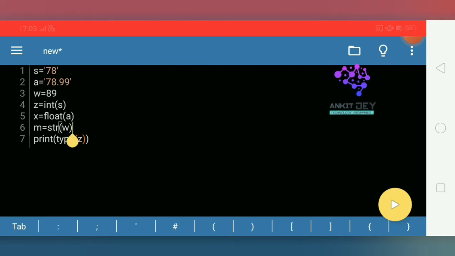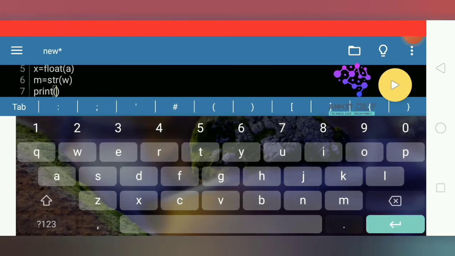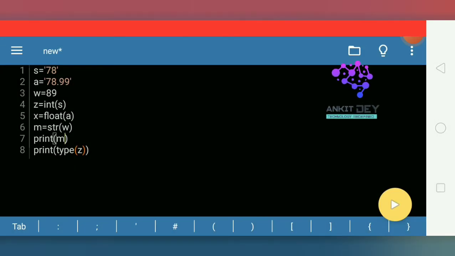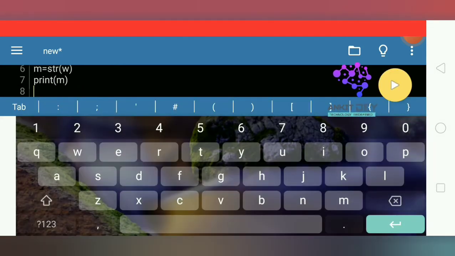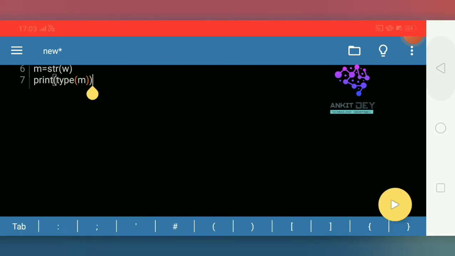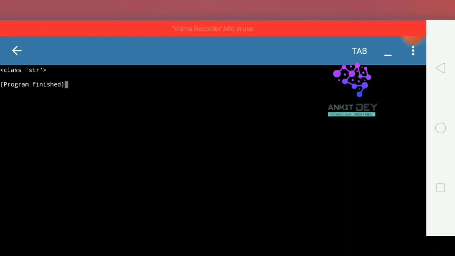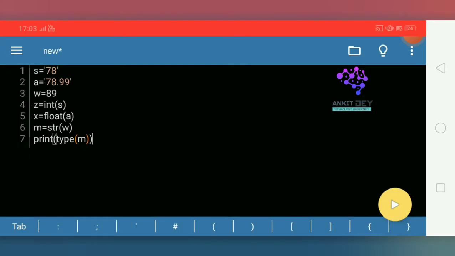Now m equals str of w, and if I then print m, see it will give 89 basically, no problems detected. But if I print the type of m, wait, let me remove this one, otherwise you might face a confusion. If I print type of m, see I have written type of m, and if I print it, see it's signifying class string. That means this value 89 of w has been converted to string value in that variable m. So str function is used for converting any specific values to string, and in this way our whole procedure